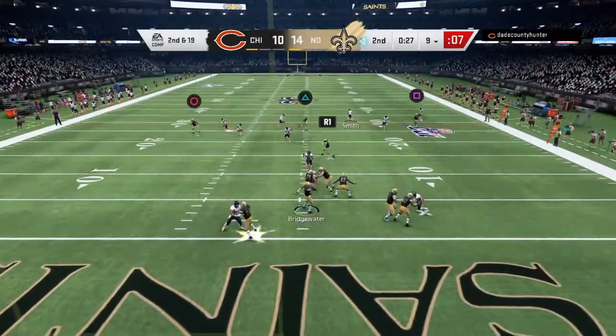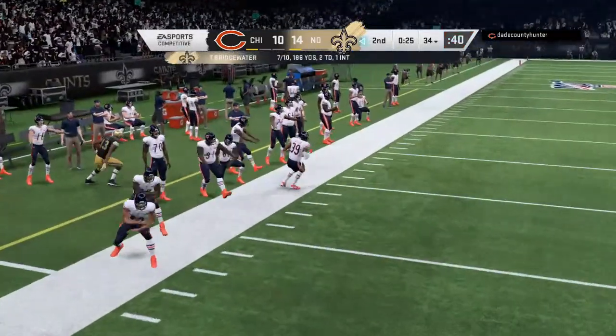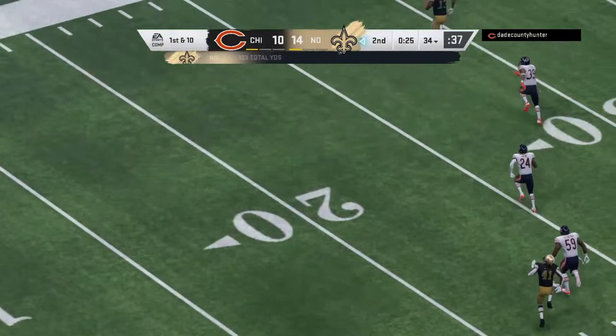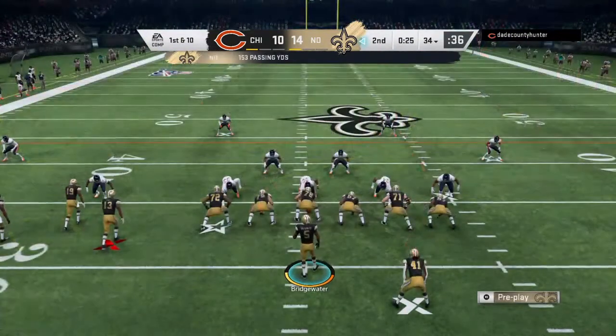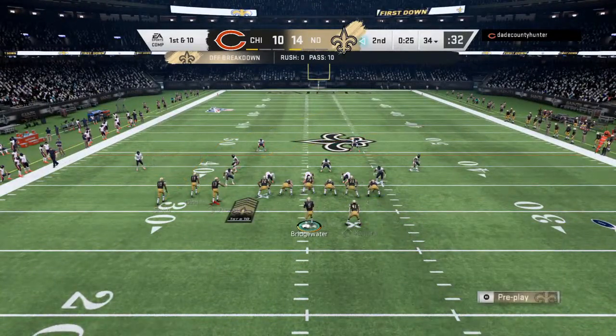Here's Bridgewater. And he is out of bounds right around the 34. A first down there on a pickup of 25. It's a gain of 25 yards on the play. This quarterback now 7 of 10 here in this first half, and he's got a 1st and 10 at the